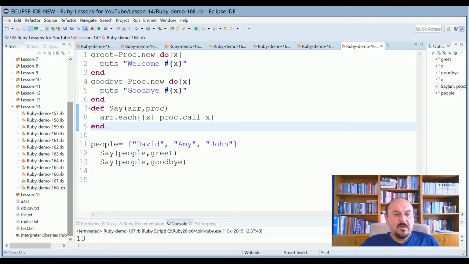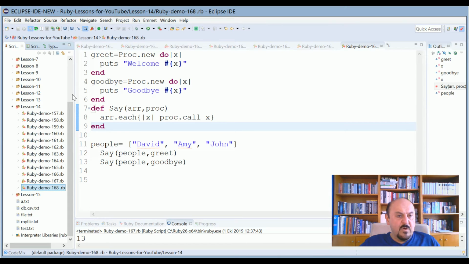Okay, this is the object, this is the proc. In fact, this time I call the say method with people, this object, and once again this time I use this method with the goodbye proc with parameter x, and when I run this one,